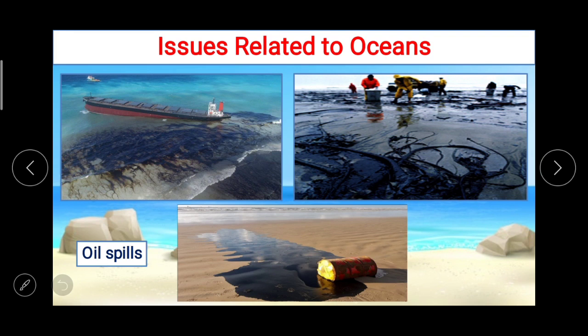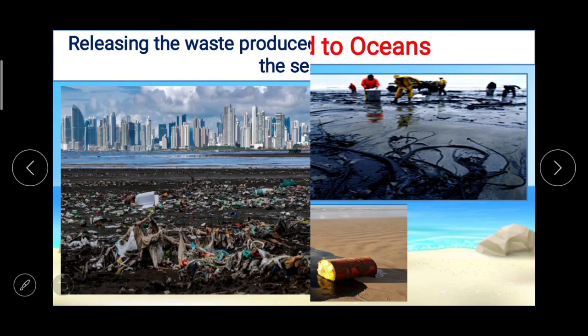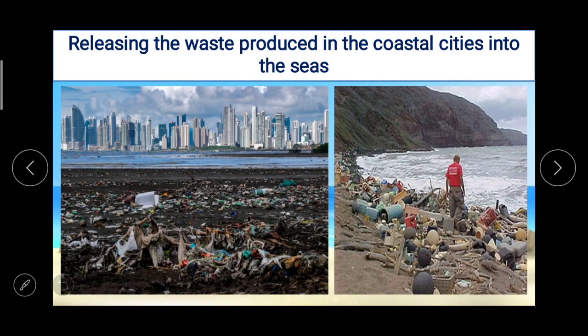as we discussed about oceanic transport, oil spills. If we have to transport something from one country to another place, water transport is preferred, but many times it happens that the tanks burst and leak, and because of that there is danger for the living things which are there in the water bodies. So oil spills. Then the next thing, releasing the waste